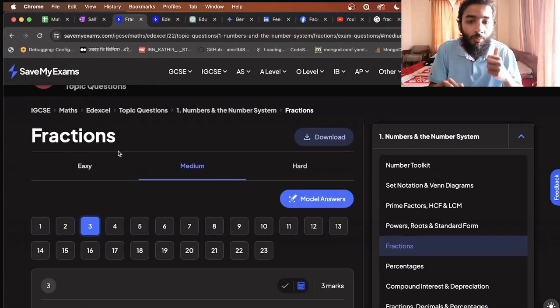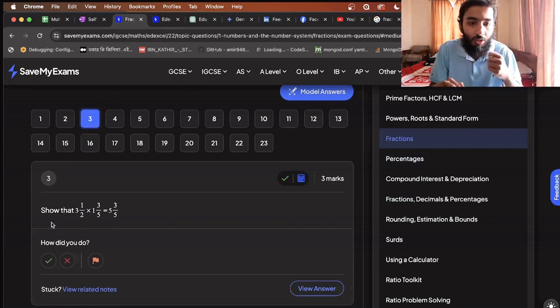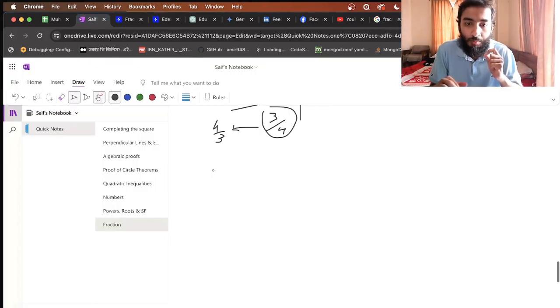So now we'll focus on problem number 3 of the medium category of the topic fractions. If I read the question, it says you have to show that 3 1 by 2 multiplied by 1 3 by 5 equals 5 3 by 5. So if I open my notepad and use my pen tool,